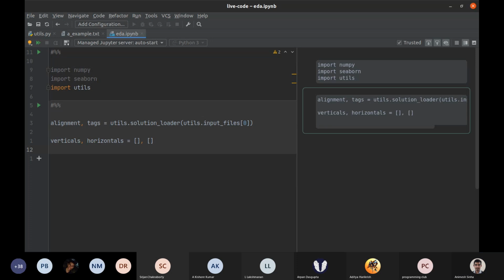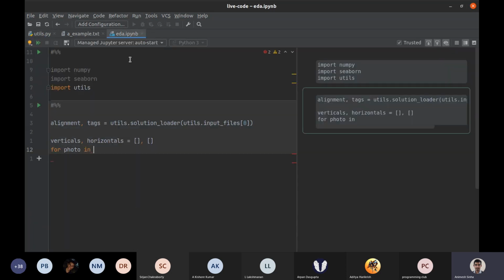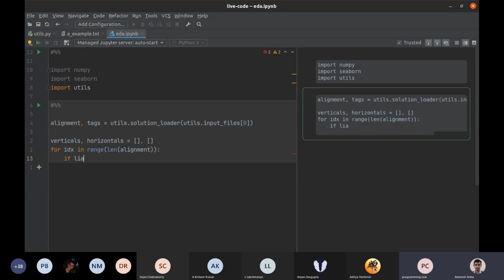So the first thing would be to figure out how many tags we have, how many images we have, how many tags per image we have, how many images each tag is found in. I may use this word at some point: I think of a single slide as a node, because you can think of it as a node in a graph or a node in a permutation or whatever. But not relevant right now.